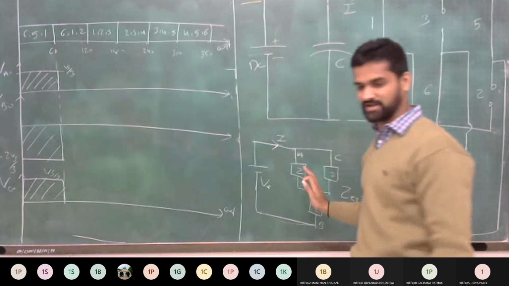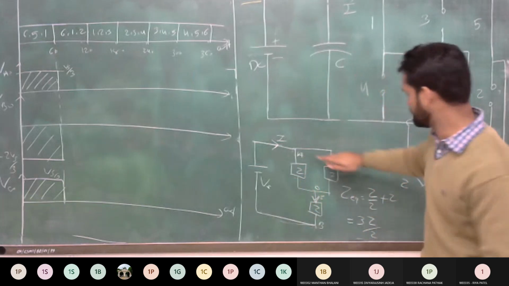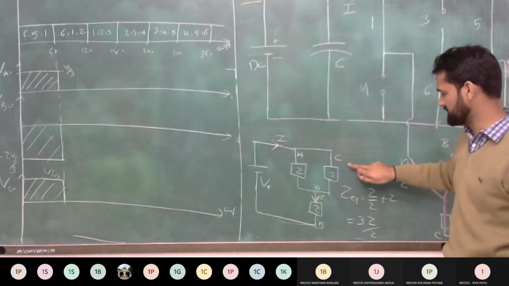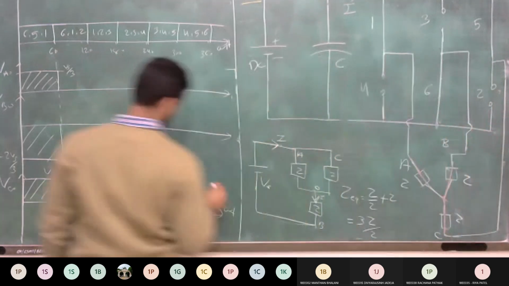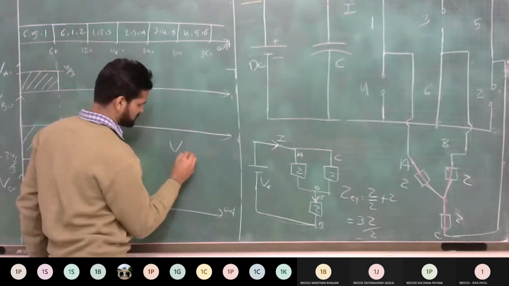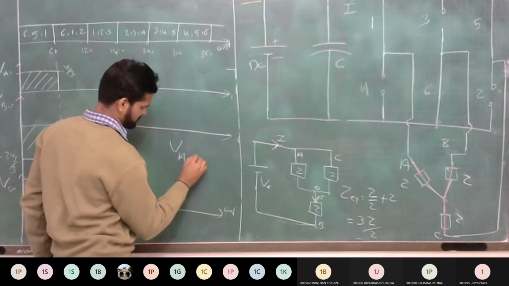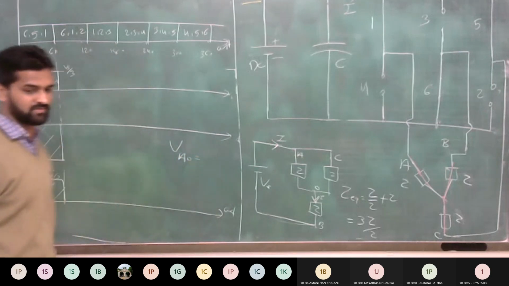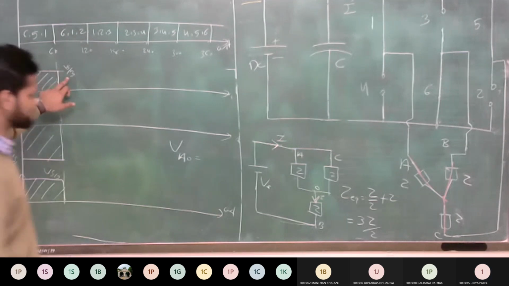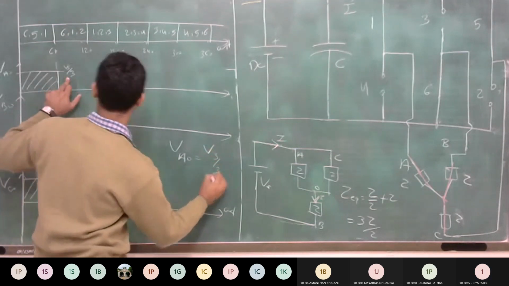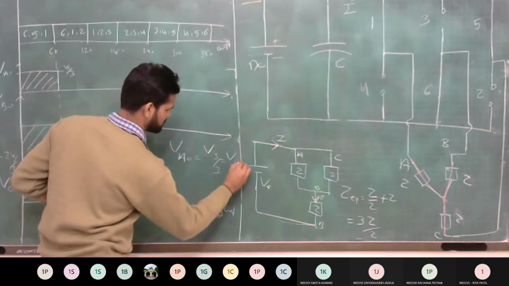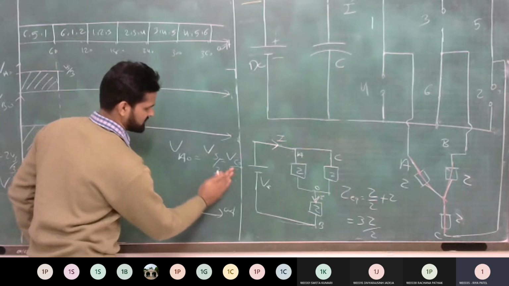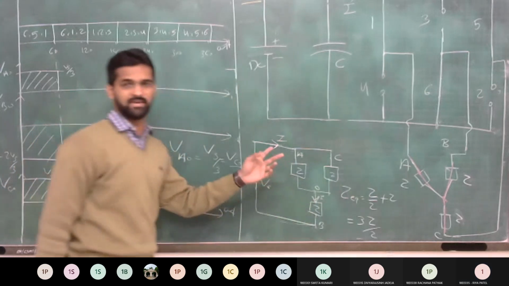At that time we calculated the values of the phase A, phase B and phase C voltages. Clear? We already derived the equation. What is the value of VAO? We already calculated and wrote it here: Vs by 3. In the same way, the value of VCO is also Vs by 3, because both are in parallel, so the voltages remain the same.